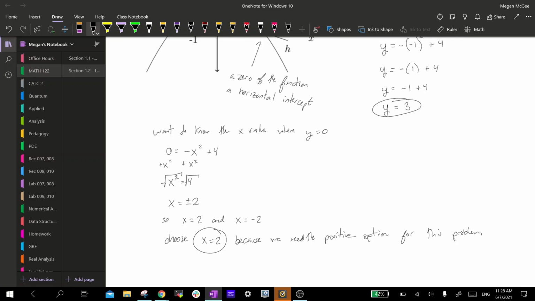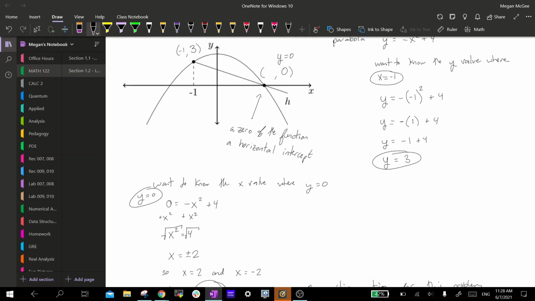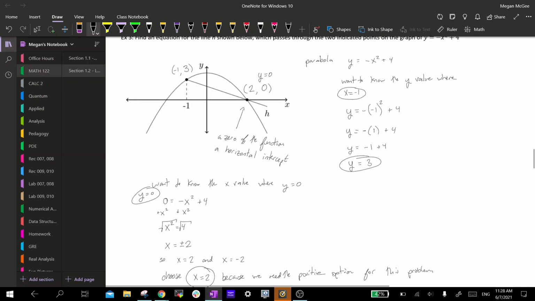Okay, so when y is equal to 0, x is equal to 2. So now we can fill in this blank here. Well, would you look at that? We now have 2 points that our line goes through. Alright, so I know that was a lot of work just to get to those 2 points, and now we're